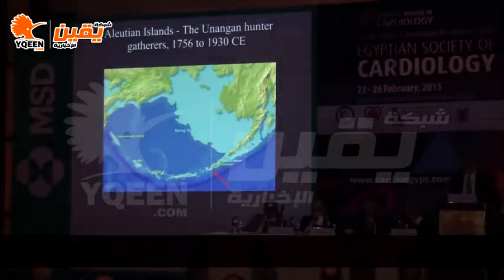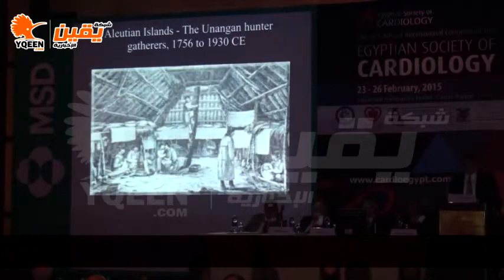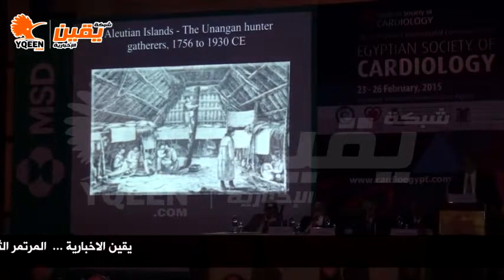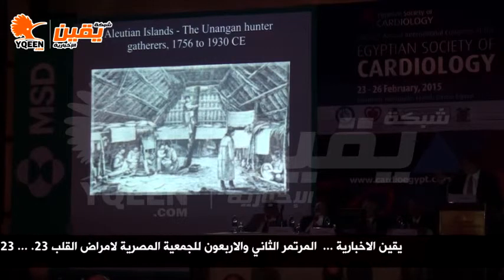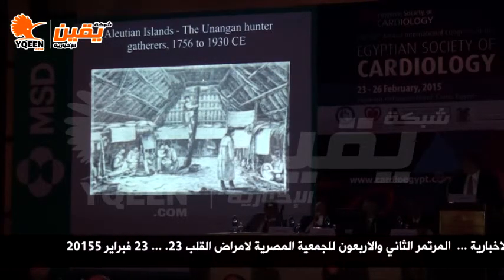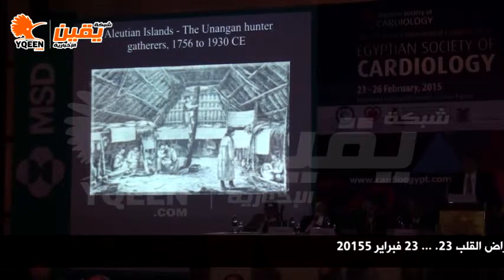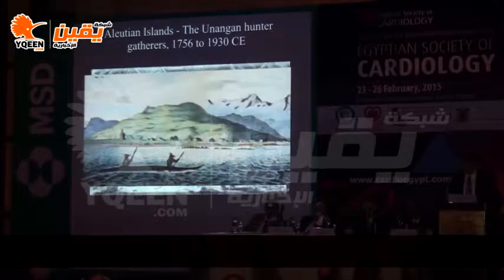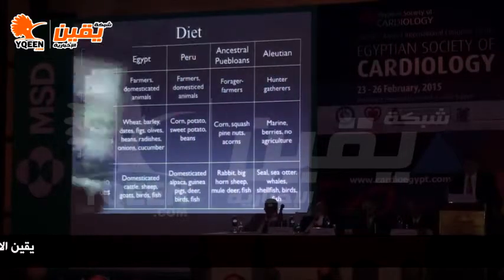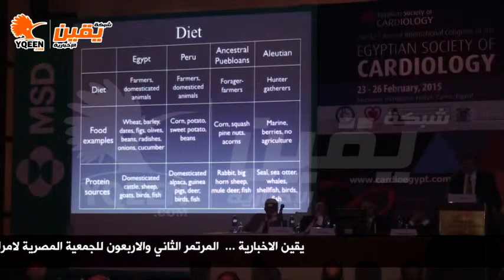The last culture we looked at was the Aleutian Islanders, the hunter-gatherers who lived in the last 300 years, and they too lived underground to try to get out of the weather, and they too had a timber with slats to be able to get in and out of this multifamily home, for example. So they too lived in smoke. So smoke in some of these cultures may have been a significant contributor to their atherosclerosis. They developed the kayak and indeed lived a marine diet without domesticated animals, without farming,